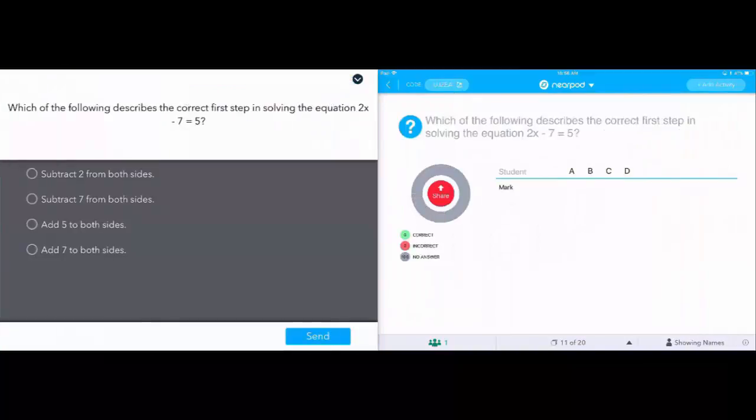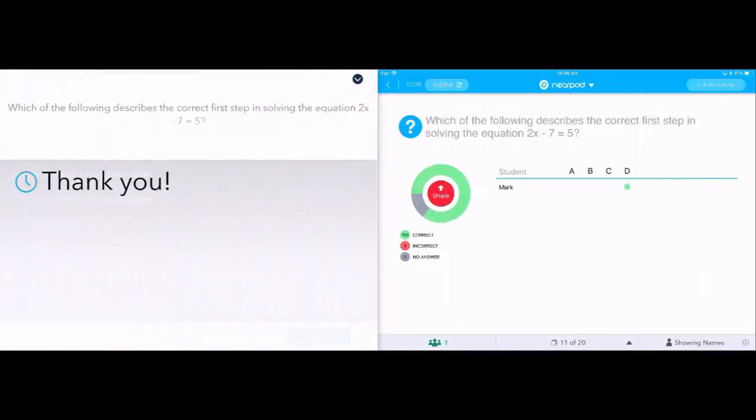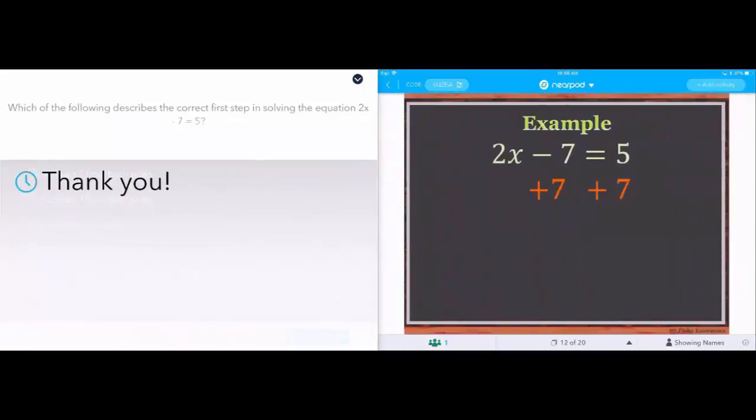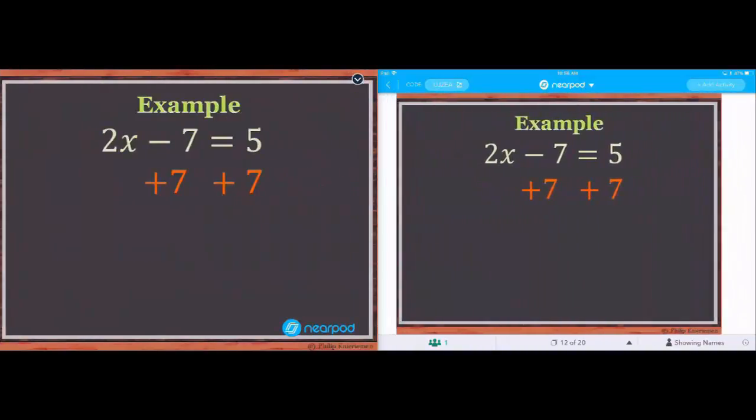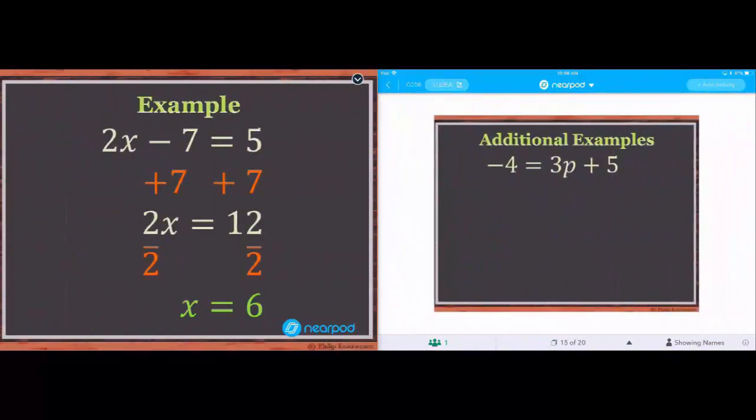Now we've had the lesson. Students get to answer some more questions. Okay, what's the first step in solving this equation? And I'm going to say it is to add 7 to both sides. Are you sure? Is that your final answer type thing? So yes, I want to send that answer in, and we see that, woohoo, I got it right. Awesome. So the instruction's working. I keep going to have some more conversation, scroll through those as a teacher, and talk about them.